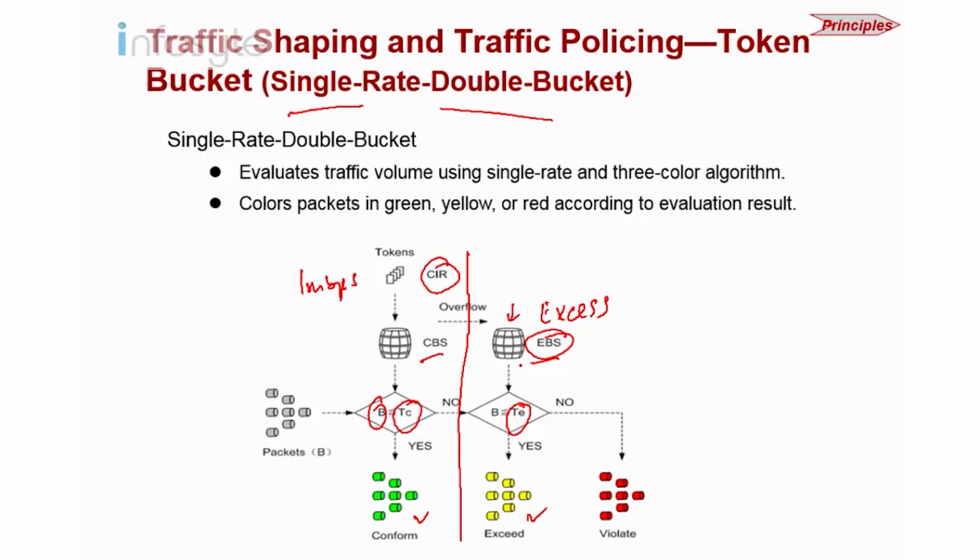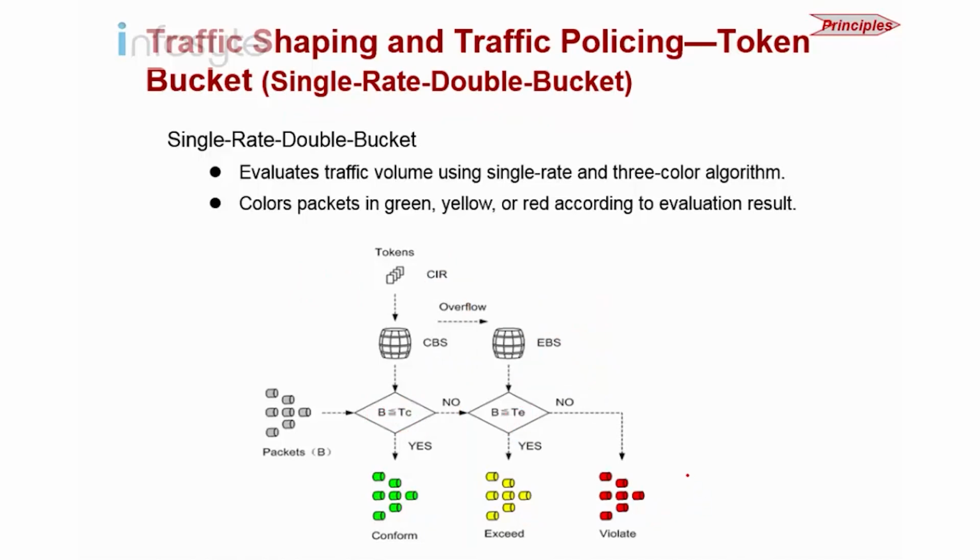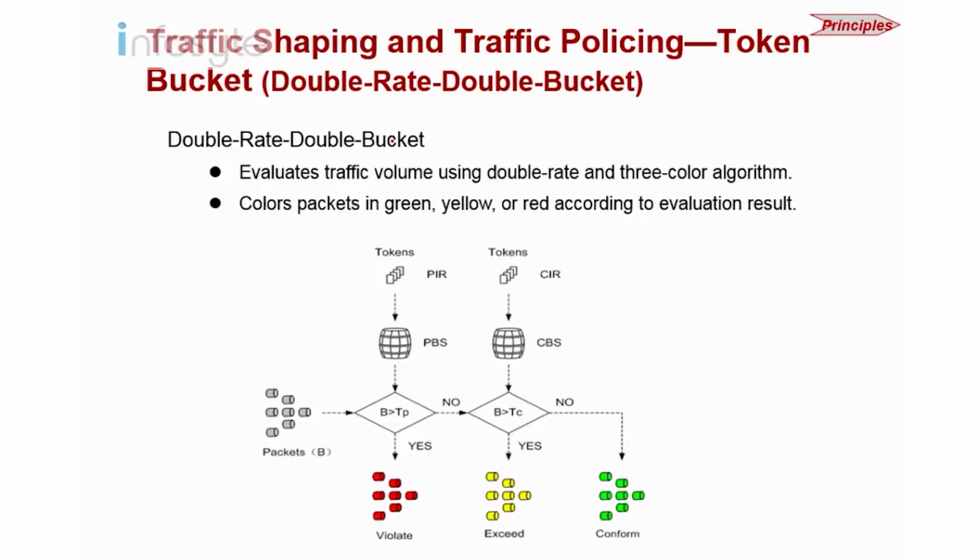Now if let's say here I also have an empty bucket, this bucket is empty, then it becomes violate. Now this is a concept called a single rate double bucket. Now another type that you can use is called double rate and double bucket. Now as you can see from this diagram, I have a PIR, which stands for peak information